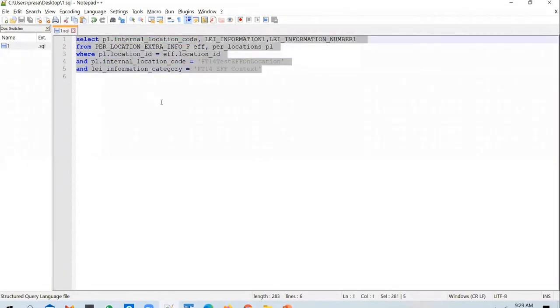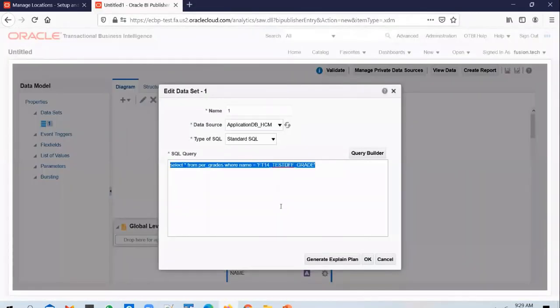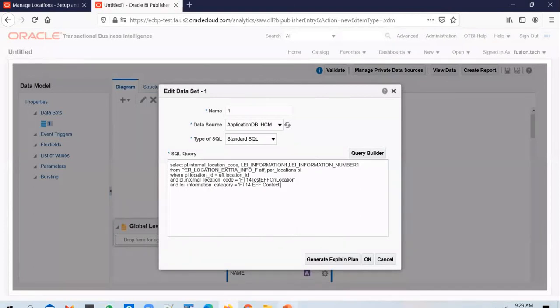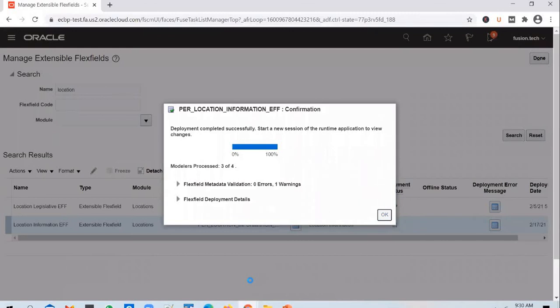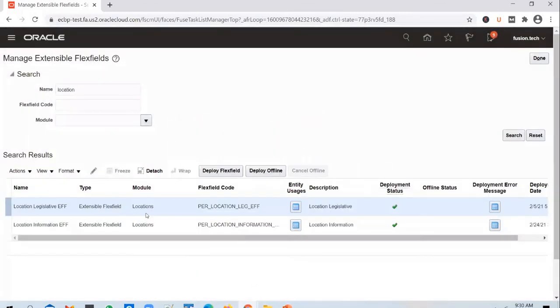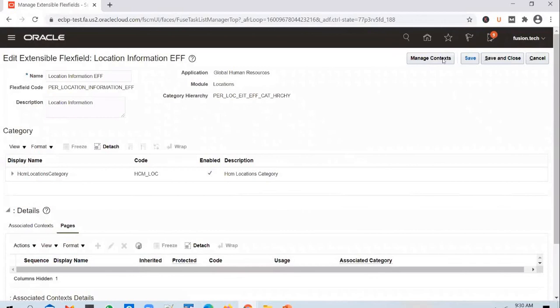So we'll go ahead and run this query. You go back to the database and you replace the query there. And I'm not sure what context we used. Let's look at the flex field, extensible flex field definition.